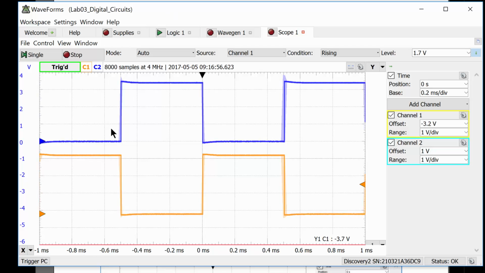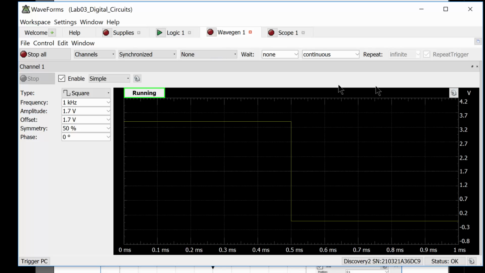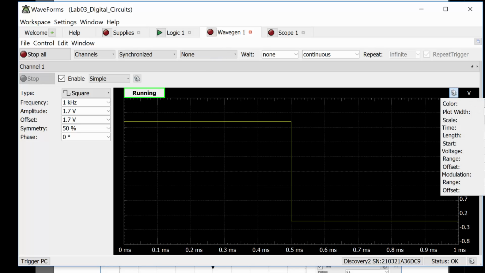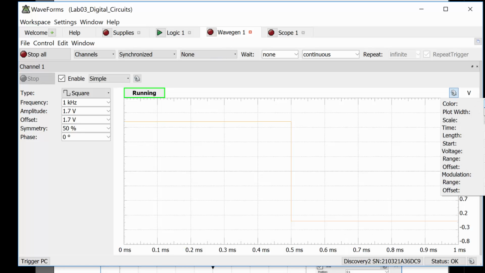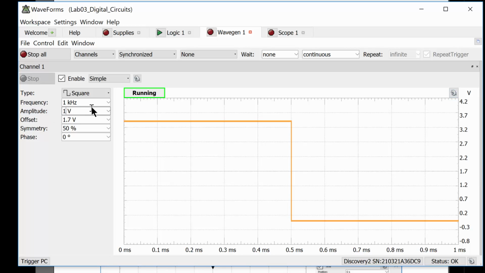So what I can do is start to shrink this input signal and see when the output basically stops working. To do that, I'm going to modify the wave gen. I'm going to go back into wave gen, and since I can't see it very well, I'm going to change that to light and crank that up to 4. Let's leave the offset at 1.7 and then shrink the amplitude. If I shrink the amplitude to 1 volt,